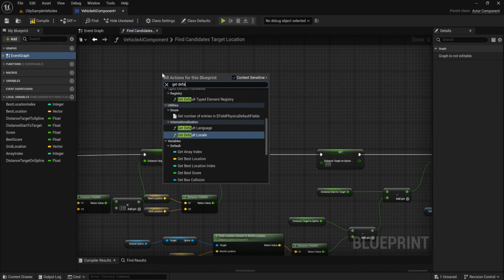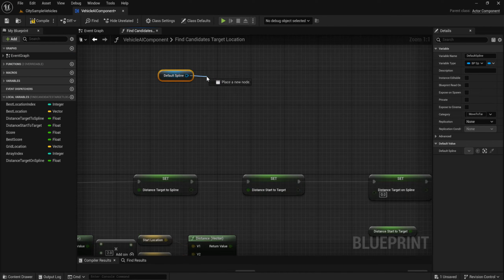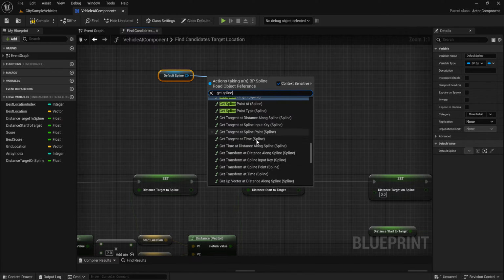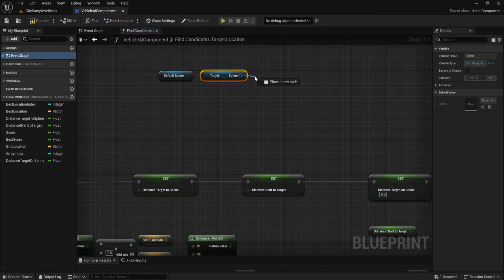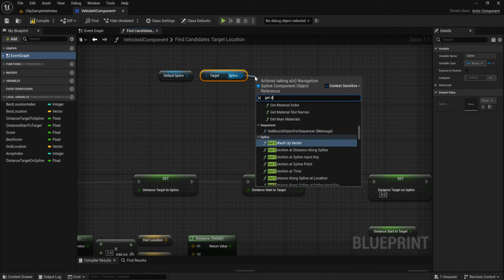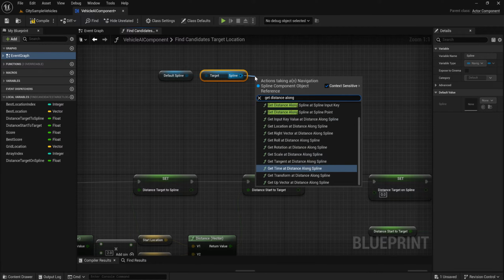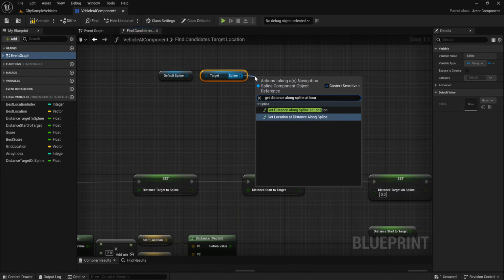Get default spline, get spline, get distance along spline at location,